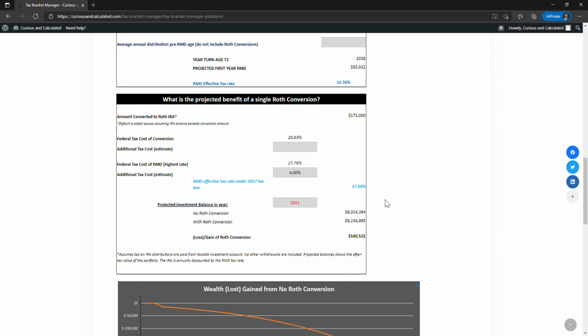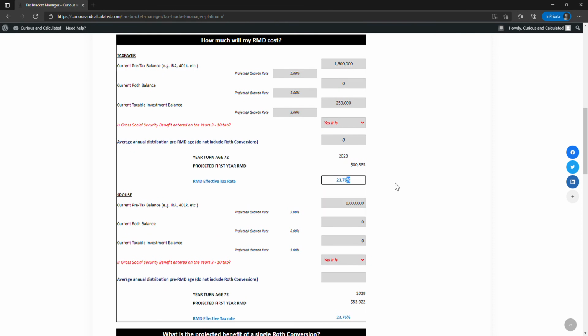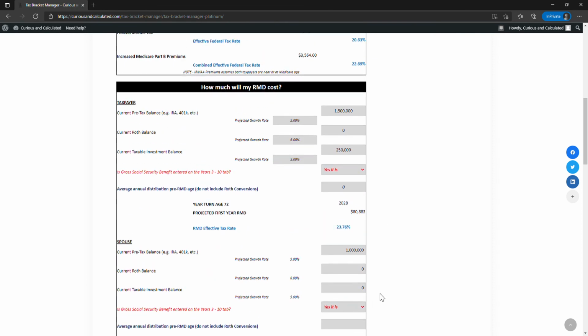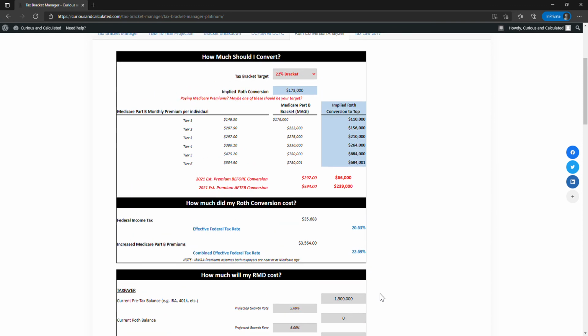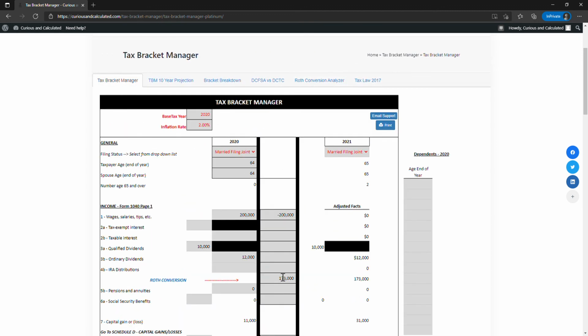So it's all about finding those imbalances, finding opportunities to convert at a lower rate. This is just one example of how to do it. There's depth to each of these areas. It's personal preference. It's the tolerance for how tax policy changes will be in the future. You don't have to go all the way up to the bracket when you do the conversion, that $173,000. Here, if we see the $173,000 conversion gets us to a modified adjusted gross income of $239,000, which is just a little bit above where this second tier of Medicare premiums is. So maybe your real Roth conversion you want to consider to be, let's just say $20,000 less, just to keep it simple,